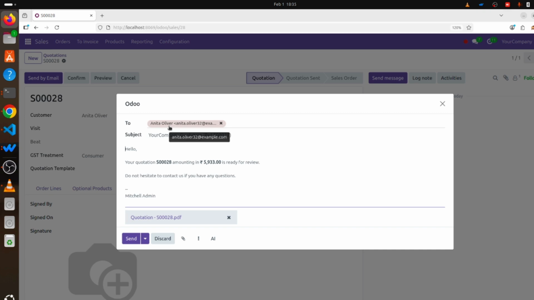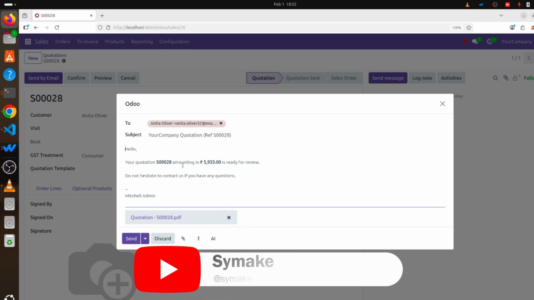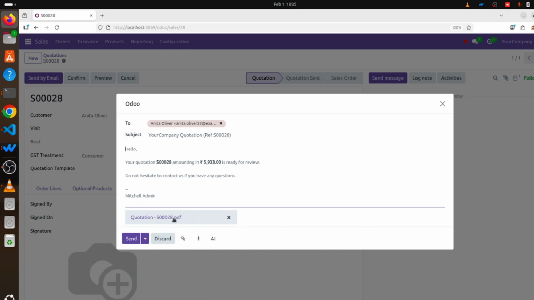The customer email address will be shown, and also we can add the subject here. This is the format which is taken, and this is the PDF format. In the previous wizard which we had seen, this is the PDF format, and upon clicking send,